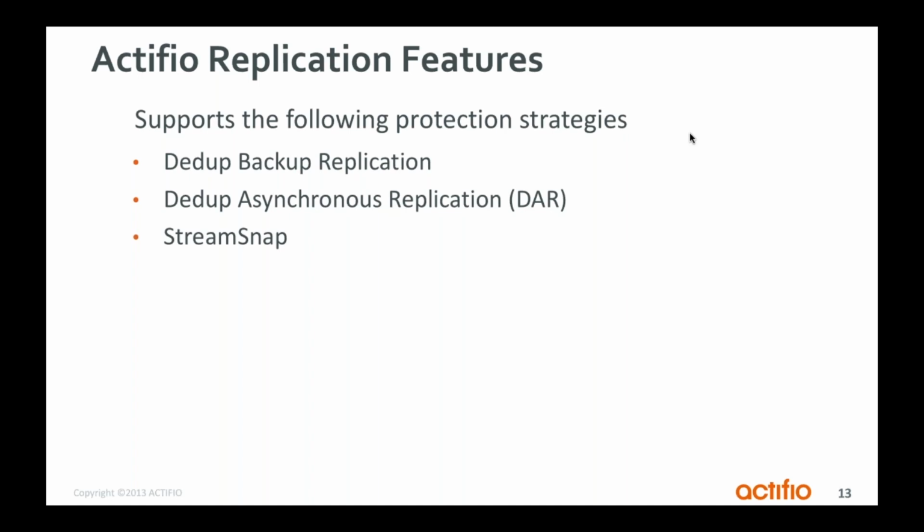StreamSnap is our disaster recovery for applications that require a shorter RPO. And one of its critical needs is that you must have a very good network connection between the sites. And OnVault, snapshot to vault, is for very long-term retention, and it's intended for periodic copies to be placed into the cloud. So looking deeper into each of these,